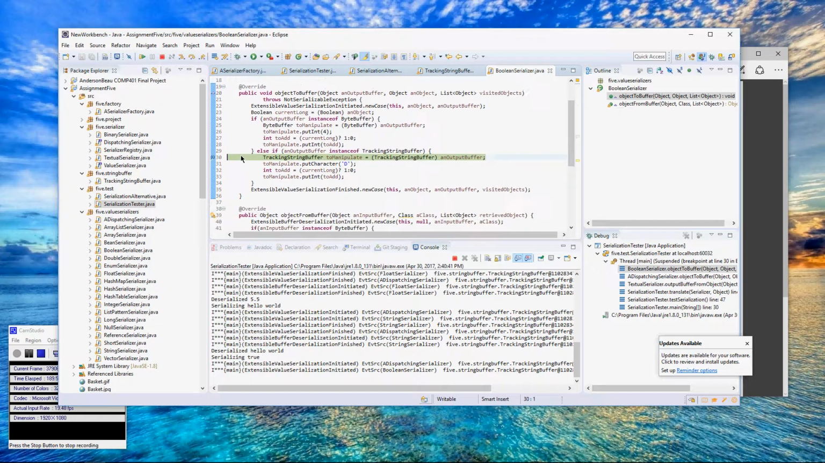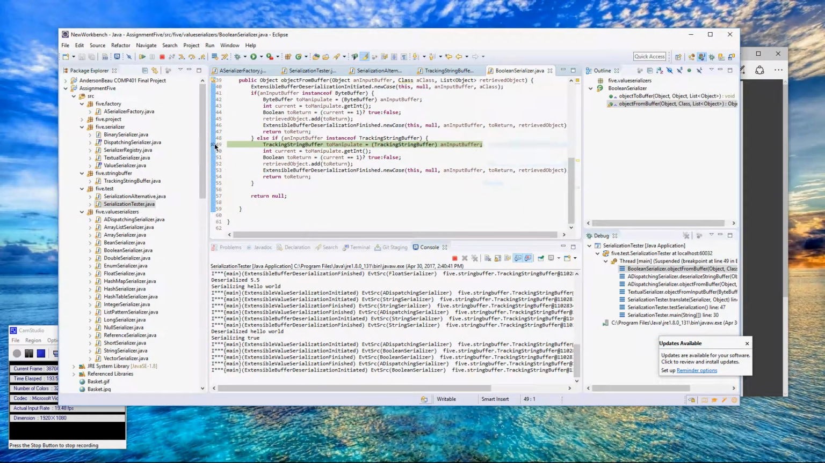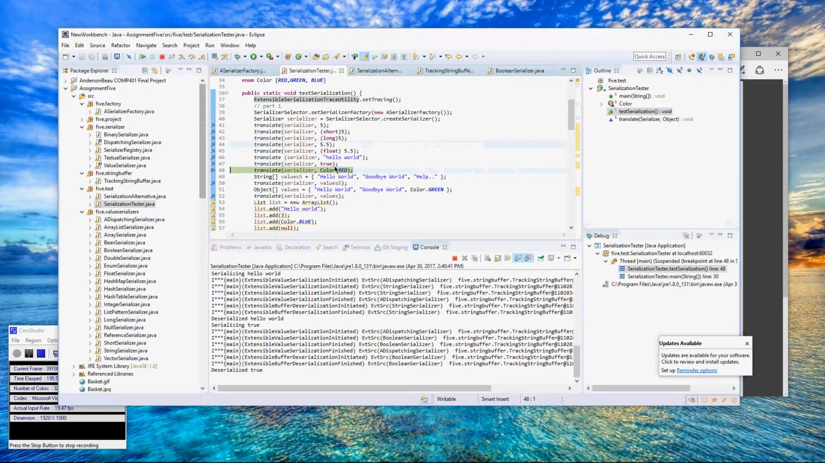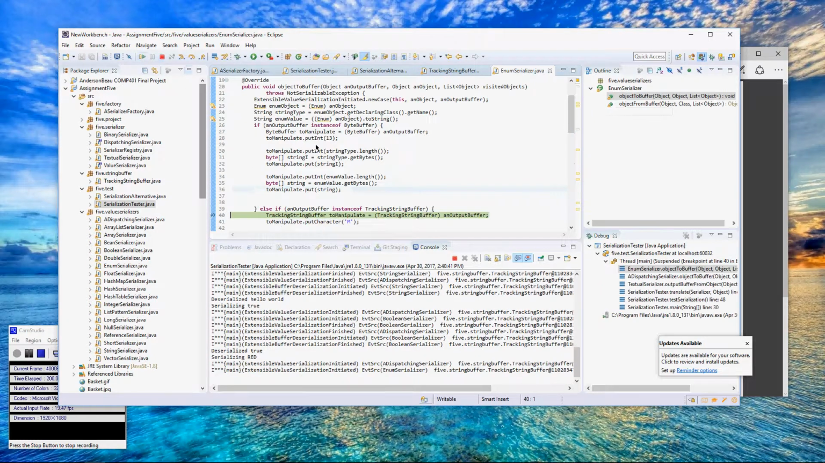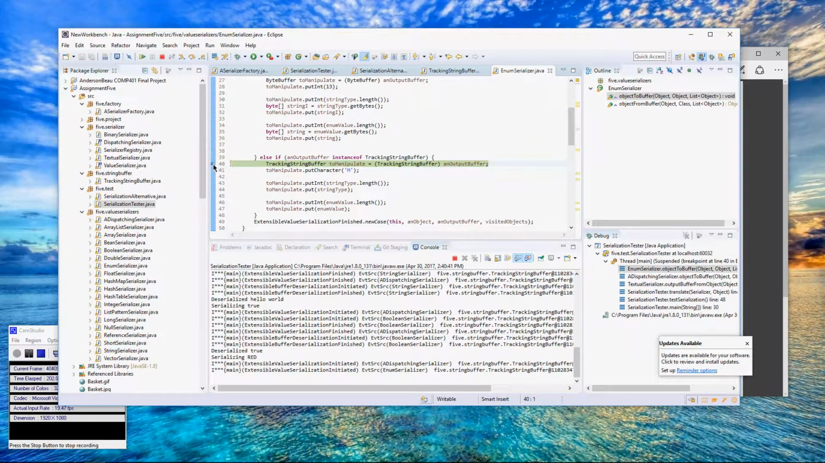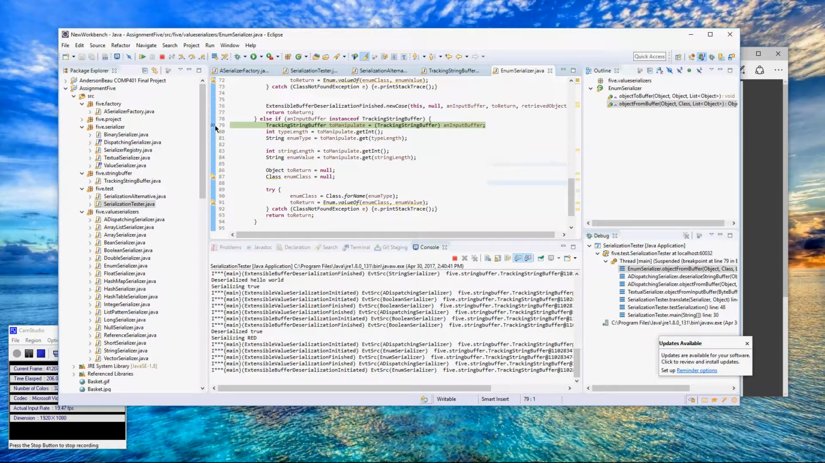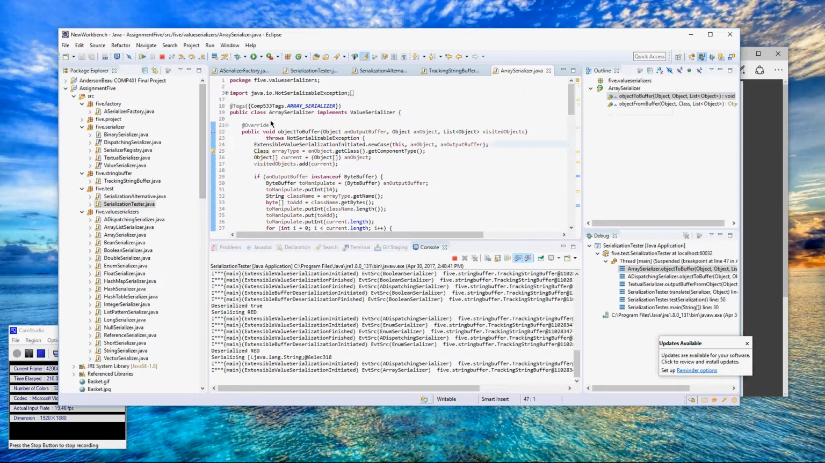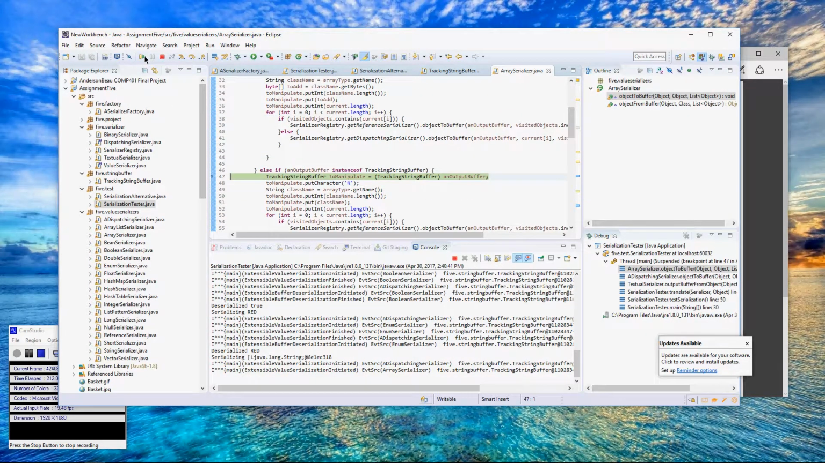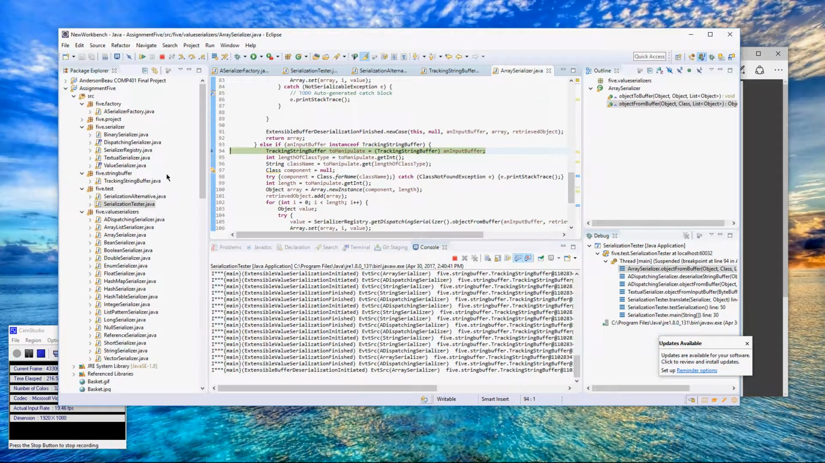Boolean, serialize, Boolean, deserialize, enum, serialize, enum, deserialize, array, serialize, array, deserialize,